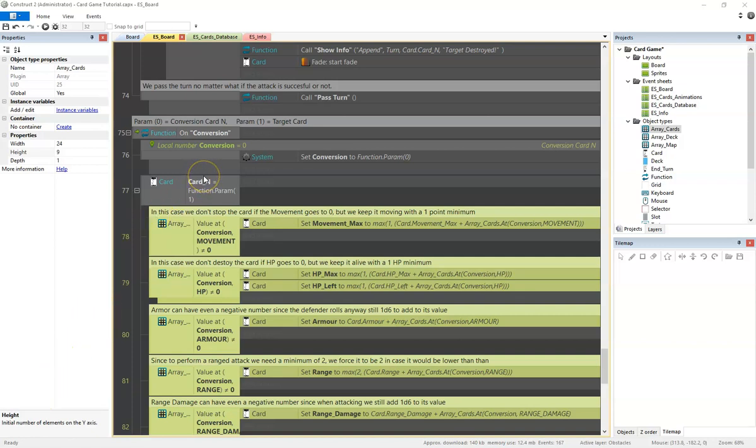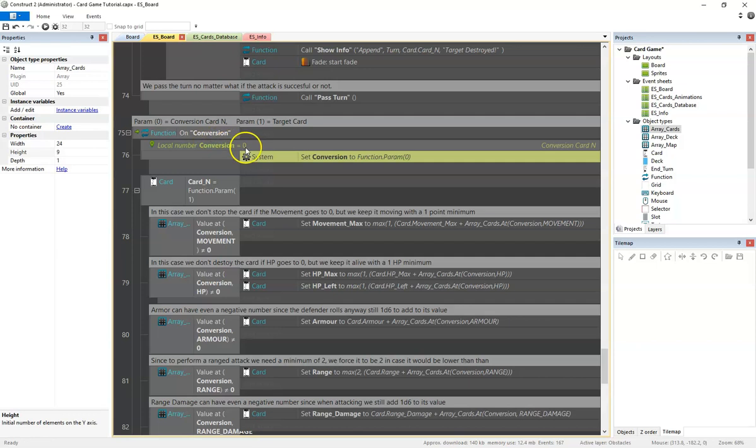As I said before, Construct doesn't allow me to take into consideration two cards that are different, and therefore I have the problem that I need to identify the card that gives us the bonus and the card that is the target. In this case, I don't want to care about the power up card, but I will act only on the target card, because it's the one that needs to change its values on the instance variable. So first thing, we set as a local